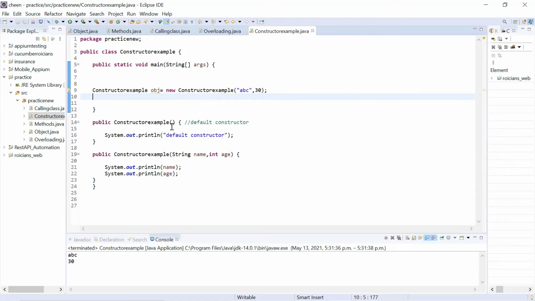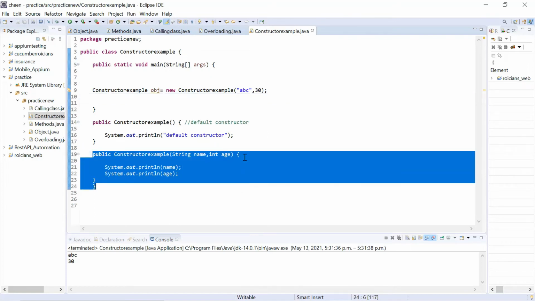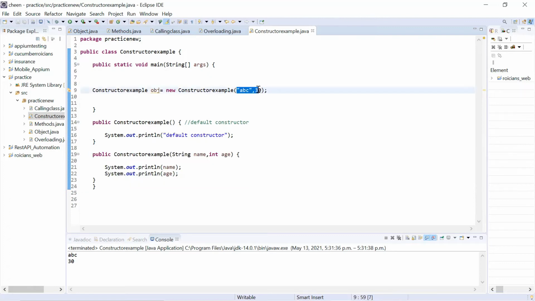If you will not even create it, Java will create it, but Java will not create a constructor with parameters. So a constructor with parameters, if you want to create, you can create it like this. And if you want to pass values to its parameters, you can pass them inside the brackets of the object.